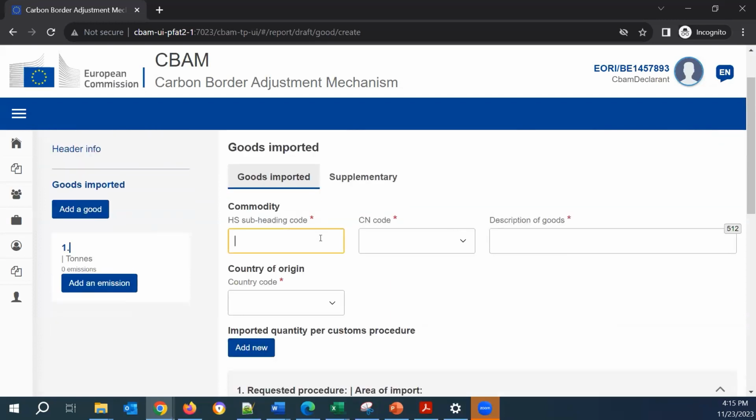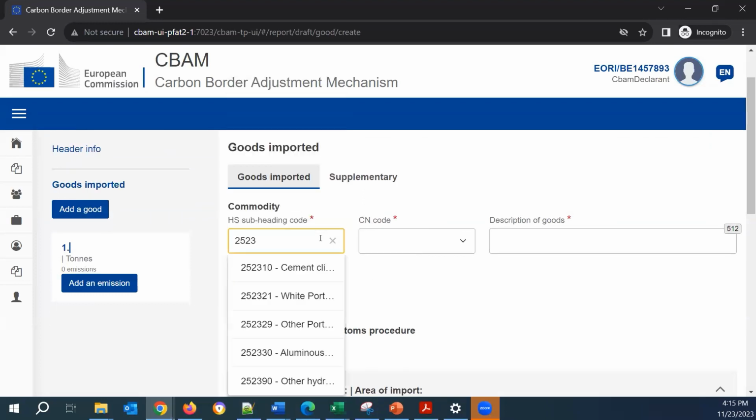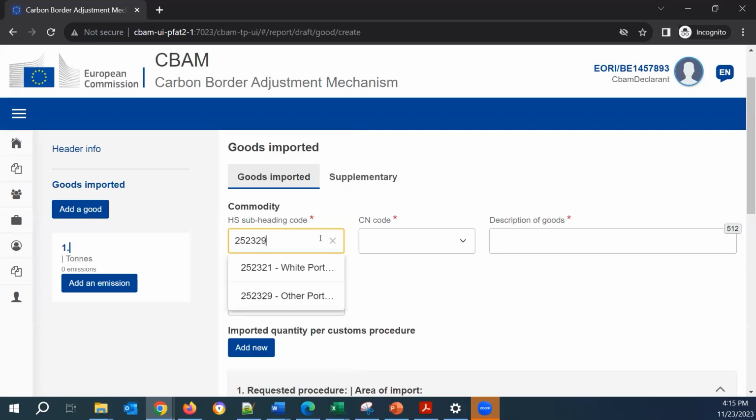So my commodity code is 252329. You can see that as I type, the system searches to find the record that matches my typing, right?